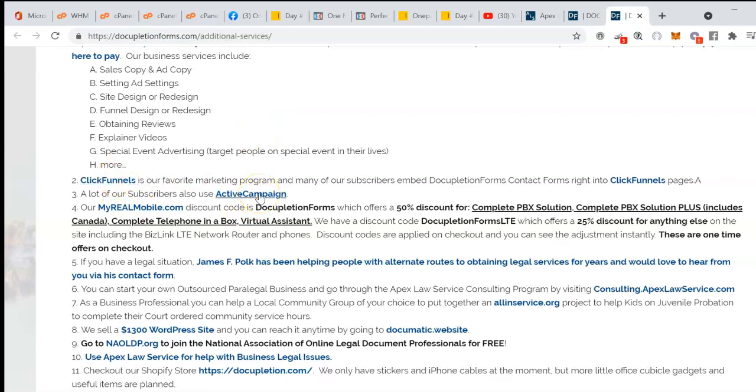ActiveCampaign is also awesome. We connected our contact form at Docupletion Forms to Zapier, and you can connect to all these different programs, and you can connect to ActiveCampaign directly too. It's an email series program. It's $29 a month, and ClickFunnels is $97 a month. It has an email series program, but it's $297 for that one. So $29, $97,